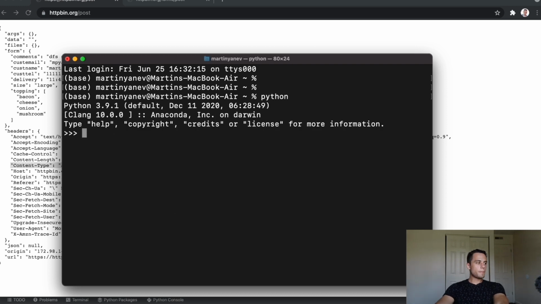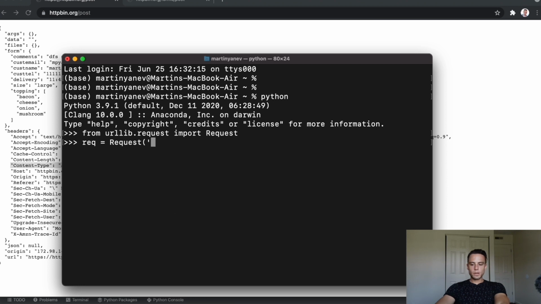After we're in Python mode, let's write from urllib.request import request. Okay, so now we imported the package request, and now let's do req, which is going to be our object, is equal to request,